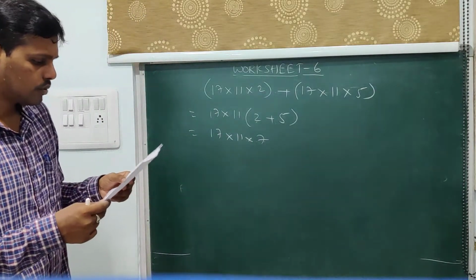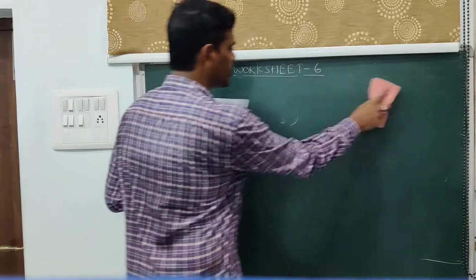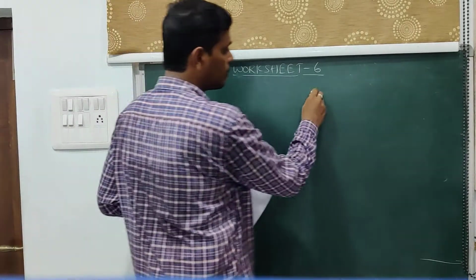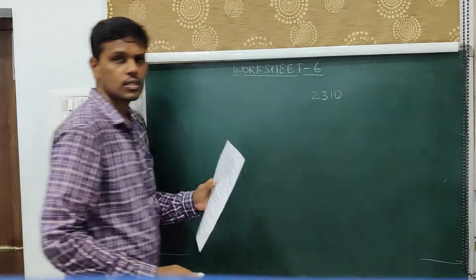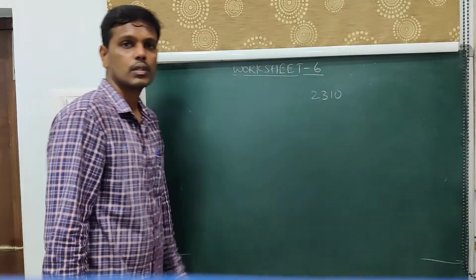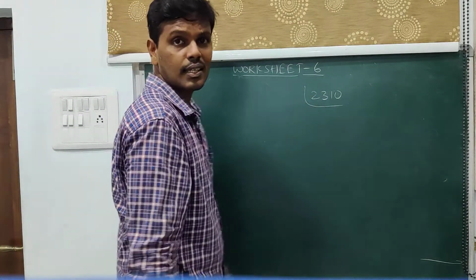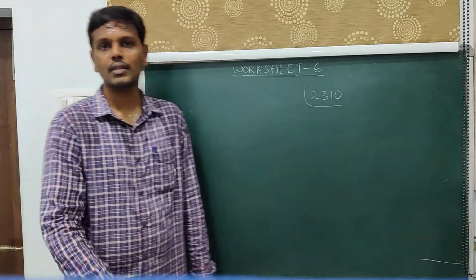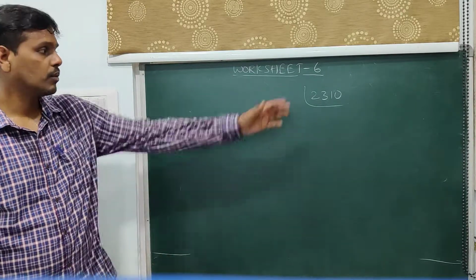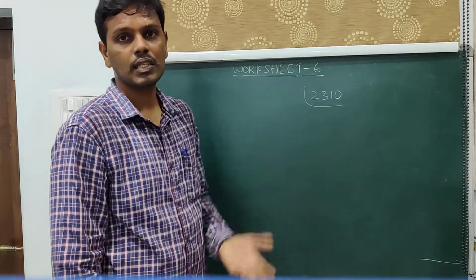Next, 2310 as a product of prime factors. A normal prime factorization which you have learned in your lower classes. Whenever we say prime factorization, we are strictly restricting our discussion only to prime numbers. We are not going with the composite numbers. Though it might go in the 10 table, I am not taking 10 because 10 is not a prime number. I will start with 2, 5, or 3 because they are prime numbers. You have to go on with prime numbers, not any other numbers.